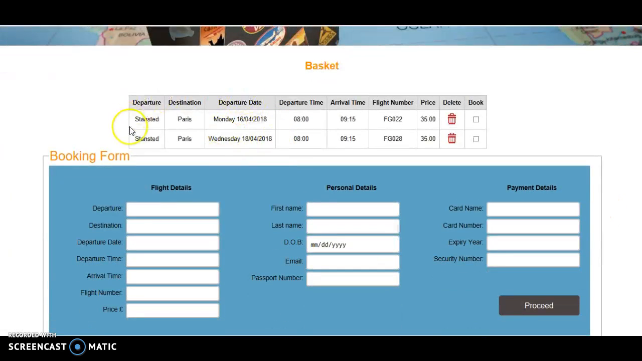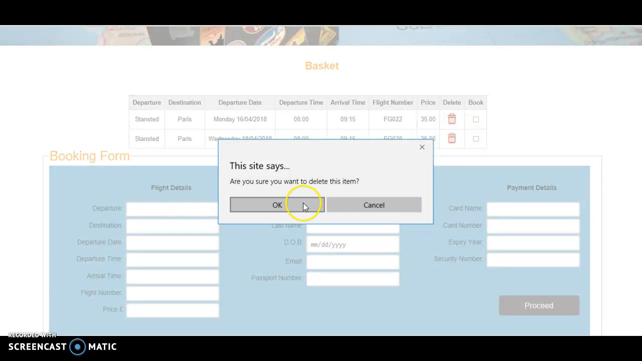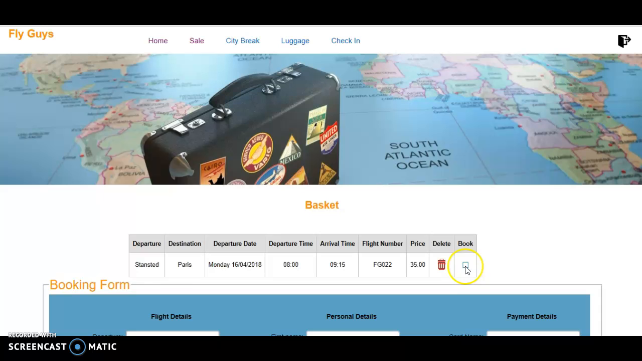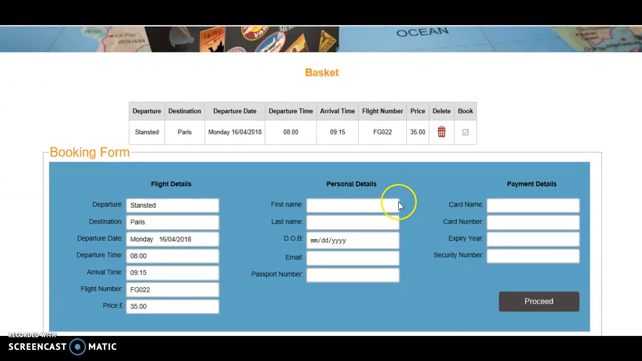The basket view gives you a list of all the flights that have been added to the basket and the form to complete the booking. You can delete the flight by clicking delete, or book the flight by just ticking the box book. The form will be half filled, and the remaining two, the person details and payment, will be required for booking